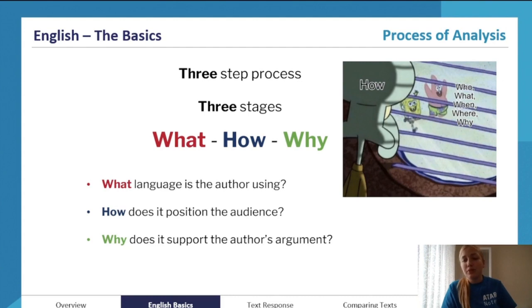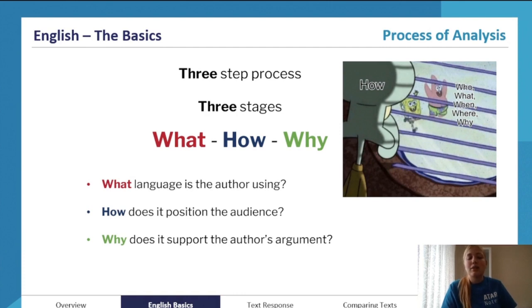Use relevant metalanguage to describe how you would name that technique. We don't want to see just quotes. Attach that to a quote and explain what the language actually means so that you can then analyze it. Following from that, you have to do your analysis. And this is where you can either do the how or the why.